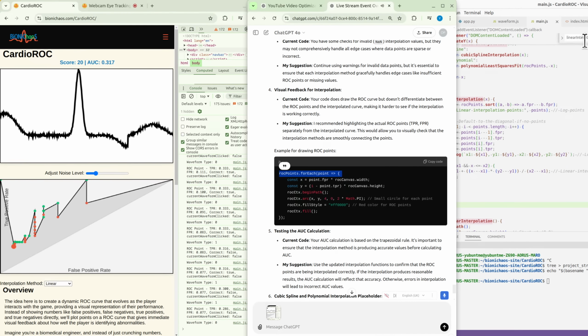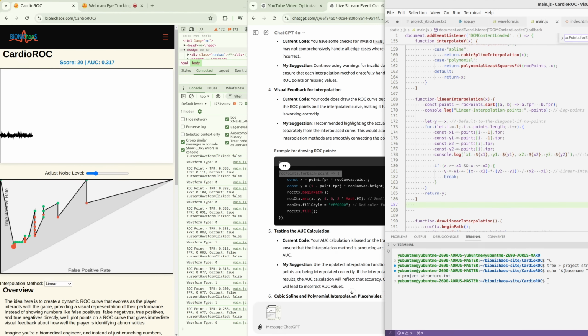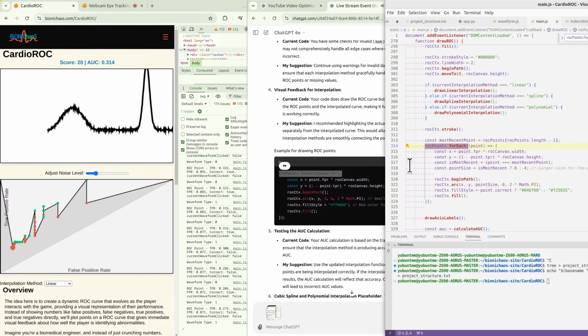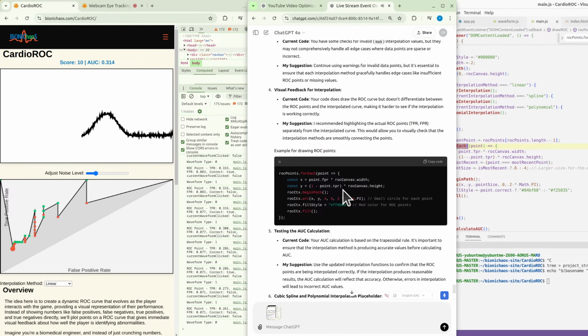Example for drawing ROC points: rocPoints.forEach(point => { const x = point.fpr * rocCanvas.width; const y = (1 - point.tpr) * rocCanvas.height; rocCtx.beginPath(); rocCtx.arc(x, y, 4, 0, 2 * Math.PI); // small circle for each point rocCtx.fillStyle = '#ff0000'; // red color for ROC points rocCtx.fill(); });